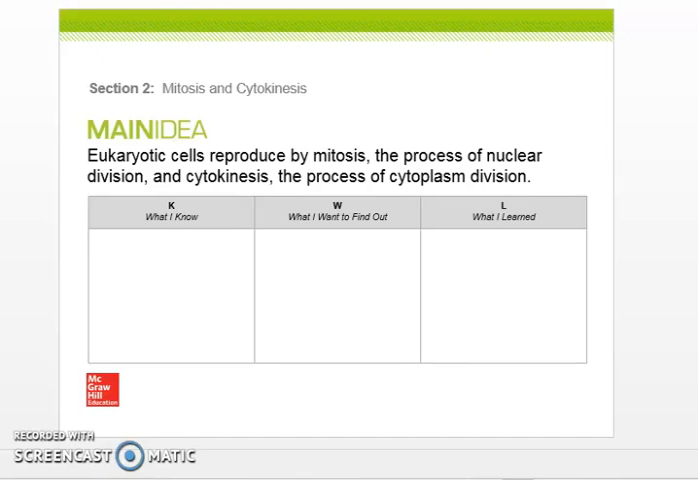Biology students, this is 9.2. The main idea of mitosis and cytokinesis is